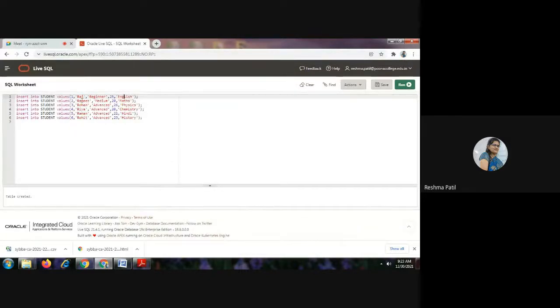Second student, Ramesh, medium level, age is 20, subject is maths. Same way I have inserted total 6 records. So here all 6 records are inserted now. First write the first record, then copy paste, only change the number and name.